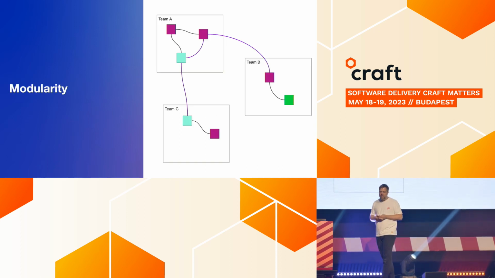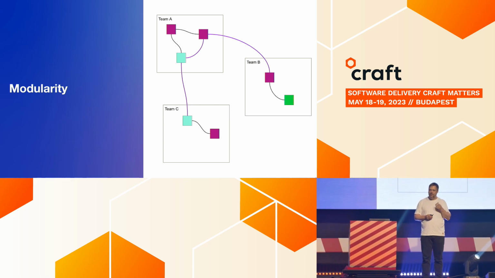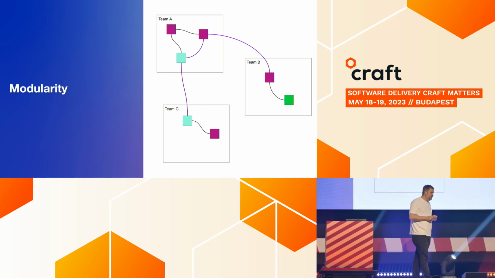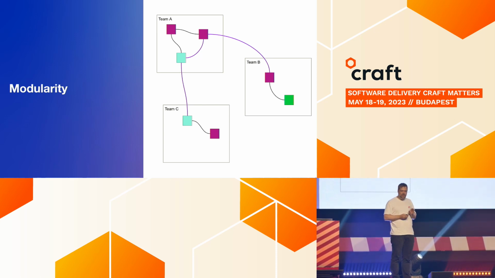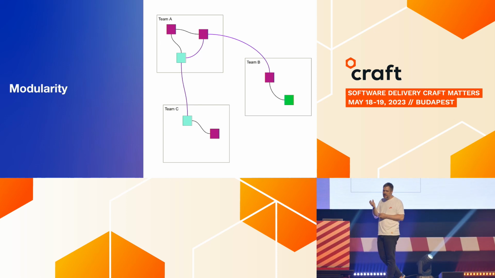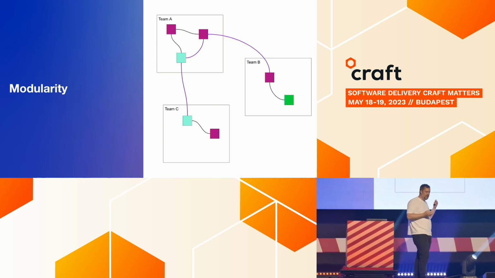So there's this metric, again, if you're into graph theory, you probably know about this one. If not, you can go read about it. It's called modularity. The actual algorithm is more complicated than this, but an easy way of reasoning about it is to think about the ratio between dependencies that go across teams versus dependencies that are within the team's boundary.